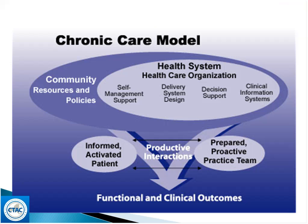And to support that in the community, we need a health system that provides self-management support, so helps people to be informed and activated. We have to design the delivery system to improve access to care. We provide decision support so that people serving the individuals and families know what to do to provide the best kind of care. And we need clinical information systems that support how we can access information and use information about